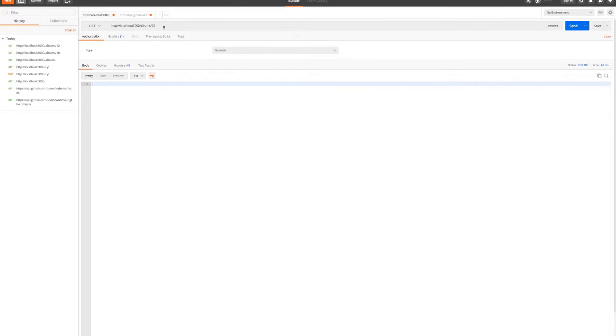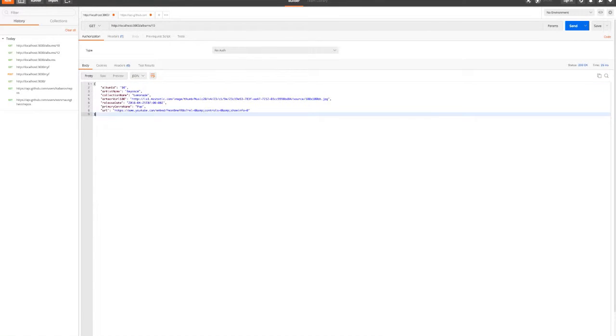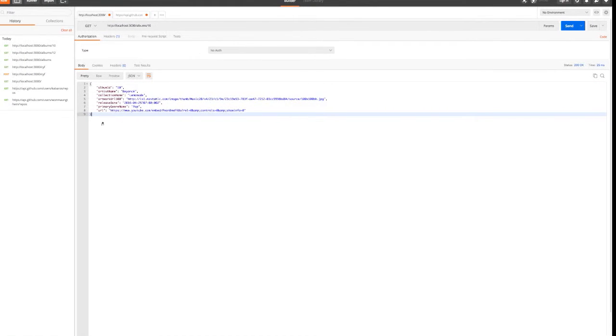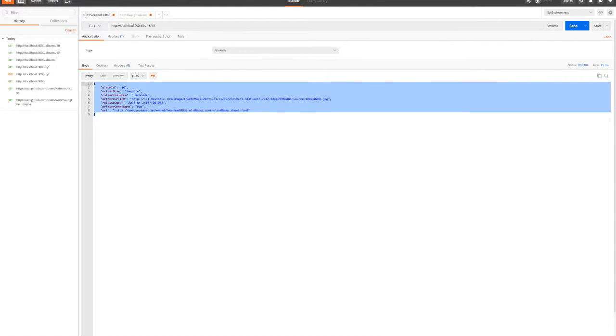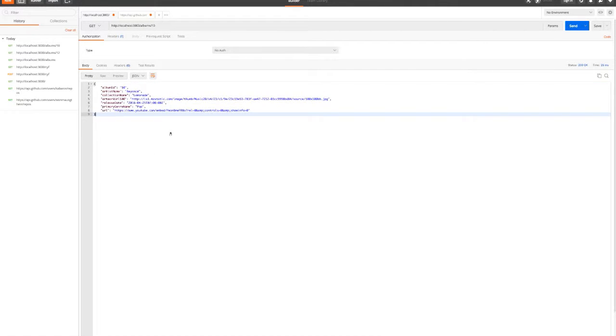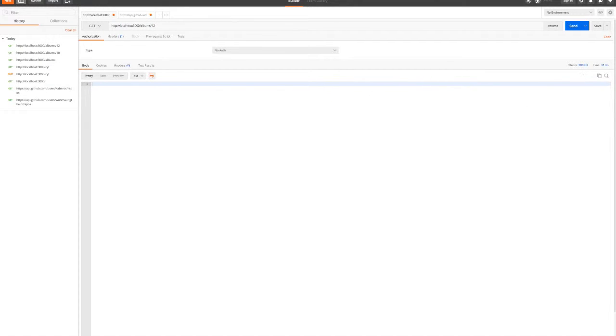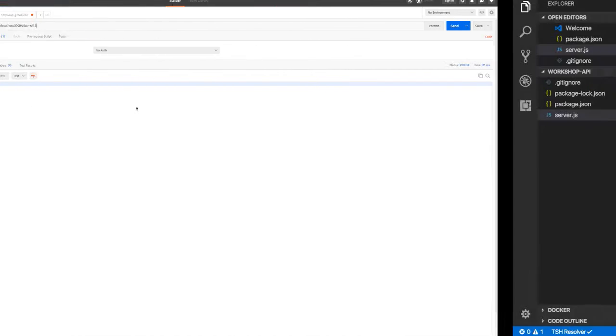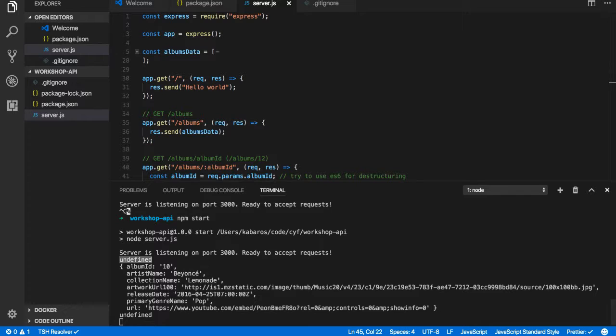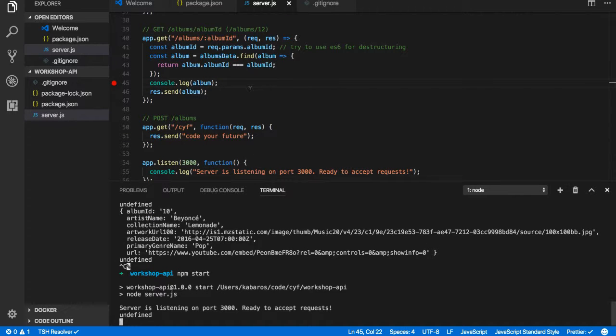So if I put albums 10, then I'm getting back a JSON. It's not an array anymore because we decided to just get one. If you used filter, it would have been an array, but it's our API, and we decided no, we just return a single one when we get a single one. So maybe when we get 12, we can return 200 and empty, and that's our API. We can do whatever we want. So we could return an empty